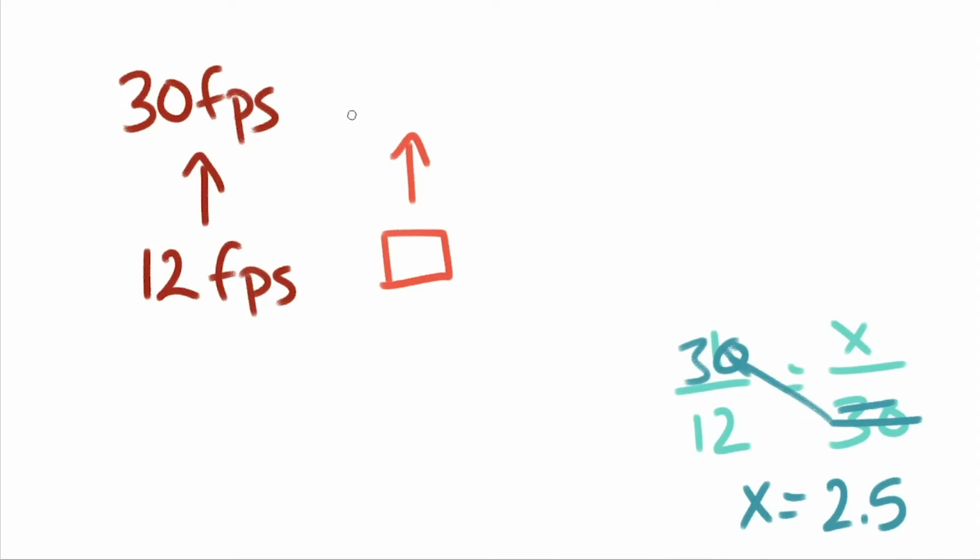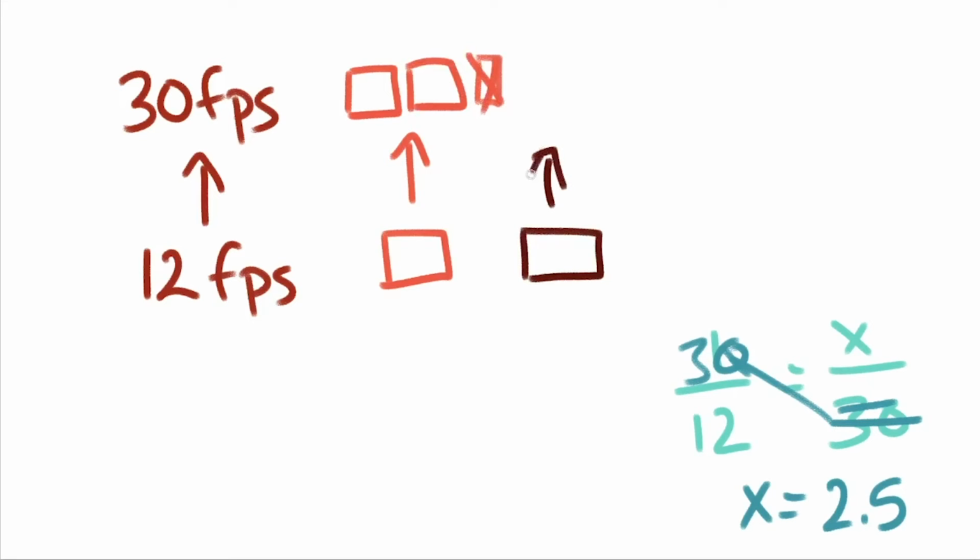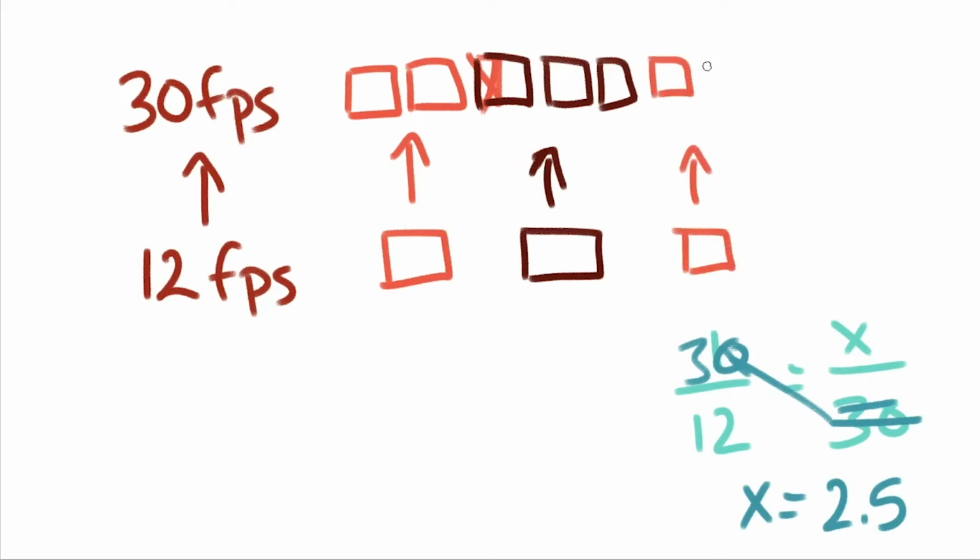So what we have is this computer is going to take this one frame, and when it's converting, it is going to say 2.5? No, you can't do a half of a frame. So what it's going to do is it's going to take the next frame in the sequence, and then it's going to add those 2 halves together, and now you've got 3 frames, and then it's going to do the next frame. And oh, what do we do without that half? Same thing, add those halves together,